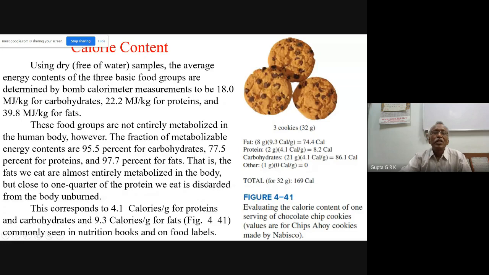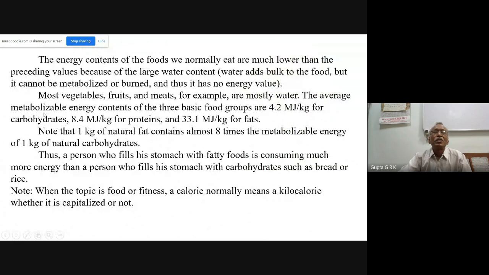So in this way, we can calculate. The energy contents of the foods we normally eat are much lower than the preceding values because of the large water content. Most vegetables, fruits, and meats, for example, are mostly water. The average metabolized energy contents of 3 basic food groups are 4.2 megajoules per kg for carbohydrates, 8.4 for proteins, and 33.4 for fats. And 1 kg of natural fat contains almost 8 times the metabolized energy of 1 kg